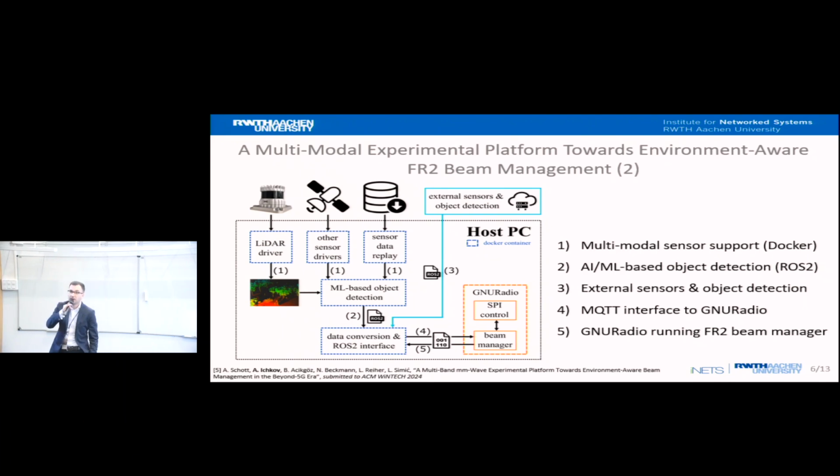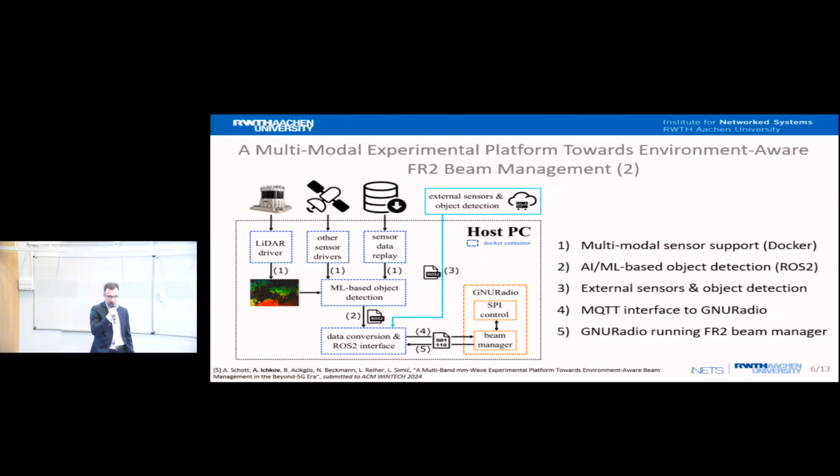If you want to use LiDAR-based object detection, I will showcase our demo where we have integrated this LiDAR-assisted, but now we also have full support for camera-based object detection. These are mostly use cases that have already been showcased in automotive driving, the V2X.